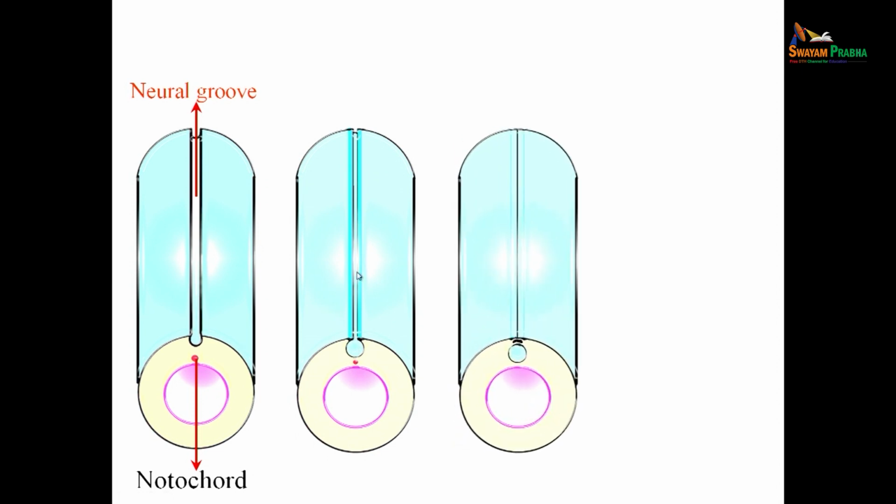As the neural groove is formed, on either side of the neural groove what you will be getting will be the neural folds. Later these two lateral folds, shown here in dark blue, will come closer and fuse at the ends of the neural groove. So we can see that the neural groove is now made into a neural tube, and this got detached from the surface ectoderm and will now be lying closer to the notochord within the mesoderm. Previously it was a part of ectoderm.